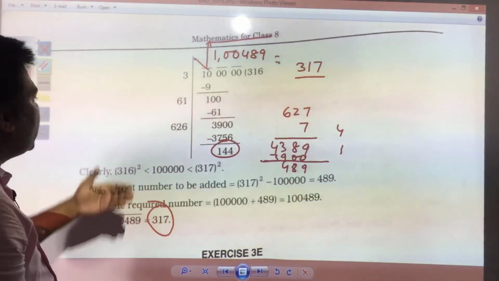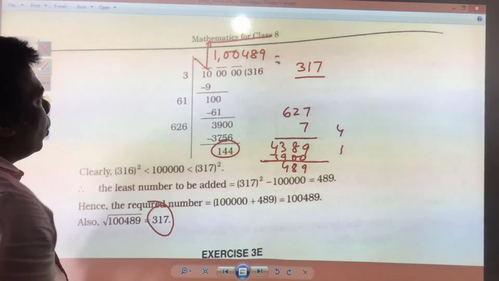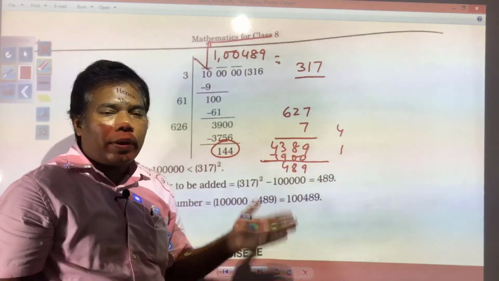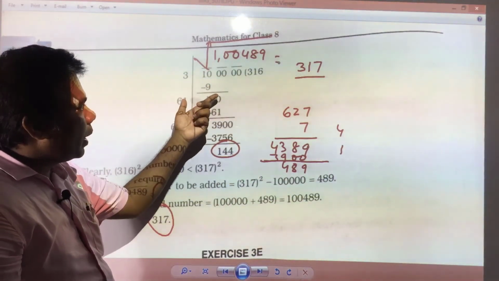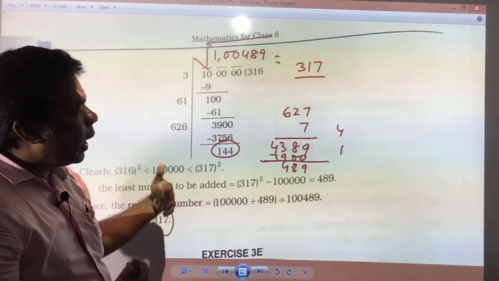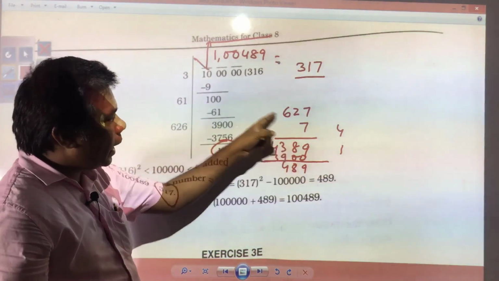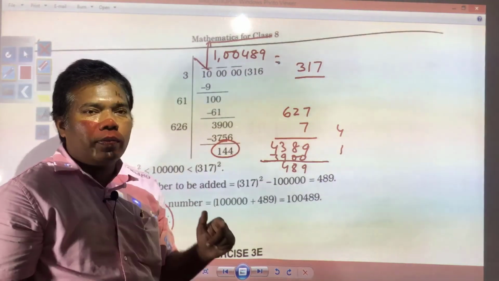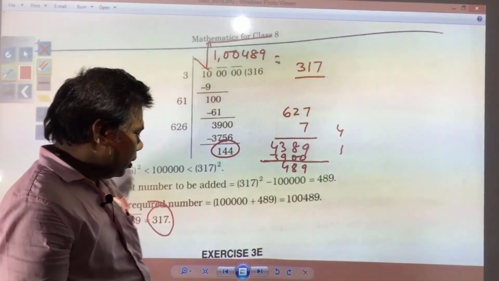So in this way this type of question is required to be done. If you need to subtract, then you need to get the remainder, and that is required to be subtracted. If you need to add a number, you do one more time, and then you subtract as I have made you understand, and find the difference. That difference is required to be added to the dividend.